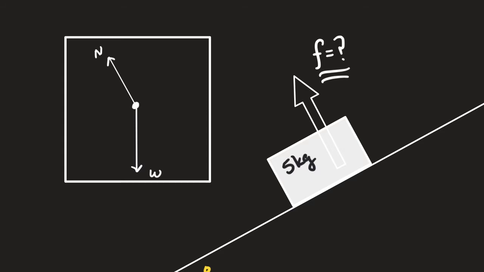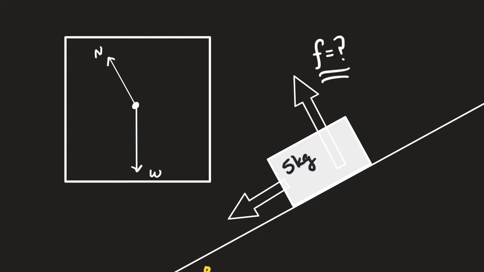So I need to find another force that's acting here, and there's no cables connected to the box, so there's no tension. So then I go to resistive forces. Are there any resistive forces acting in this system? And the answer is, yeah, I think so. I think there's going to be friction acting in this system. Now, it doesn't matter what the situation is, friction has to be parallel to the surface, period. Now, that means it could be